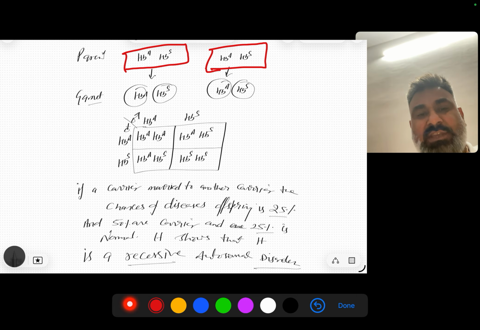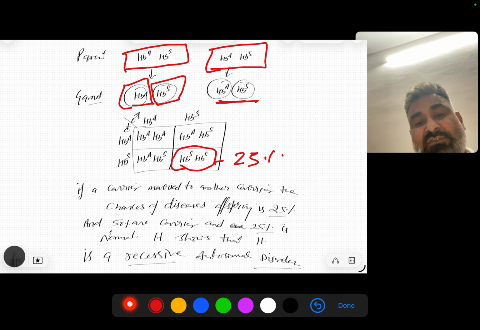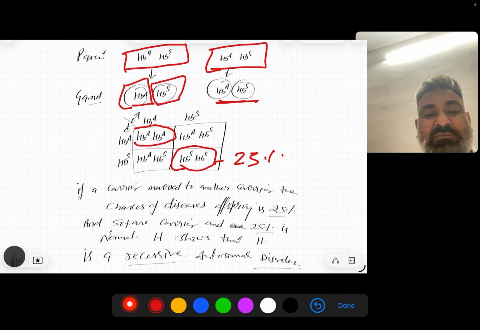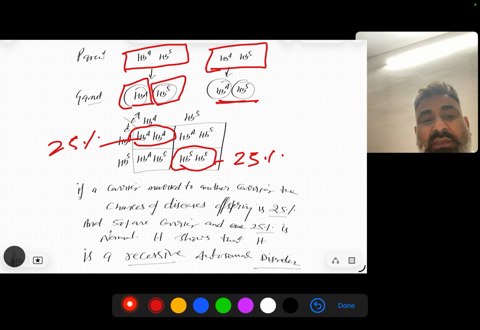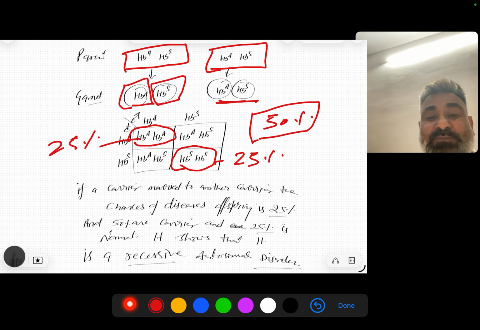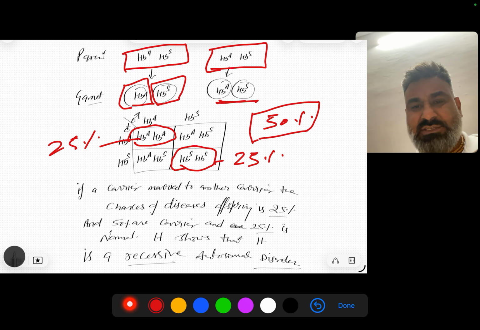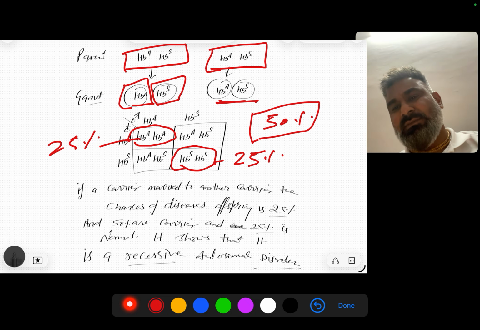If a carrier is married to another carrier, then 50% of gametes produced are infected and 50% are normal in both parents, and it shows that the chance of disease in offspring is 25% and only 25% chance of producing normal, while the chance of producing carrier is 50%. Okay, so these results show that it is an autosomal disorder.